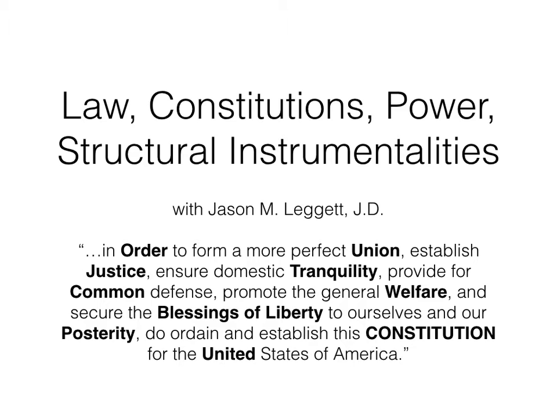In this lecture, I'm going to go over three main readings: Marbury versus Madison, Federalist Papers number 47, and the preamble to the United States Constitution. So what you need to think about in this is this idea of instrumentalities as a structural form of social relations. In other words, there's only so many strategies or choices that you have in any given situation